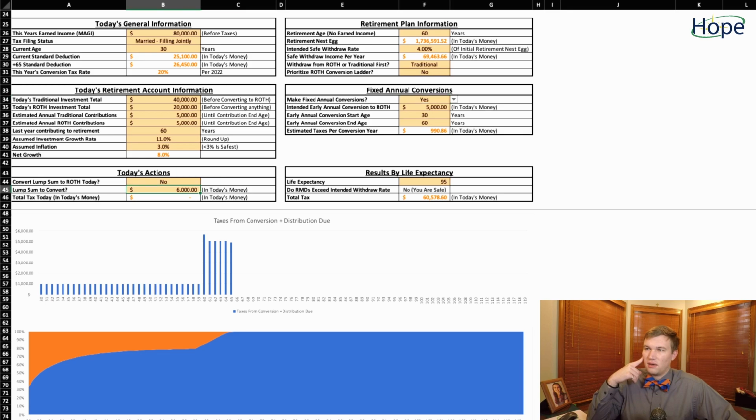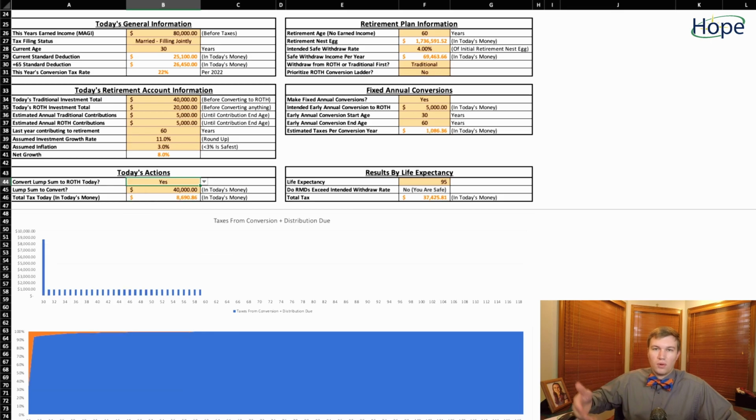And that doesn't include rolling over what they have today. If they were to take all of the money that they have saved up in traditional and roll it all to Roth today and then do an annuity type rollover every year where you take the traditional contributions and move them over, you minimize your overall exposure to taxes to only $37,000. That's crazy. We took it from over $200,000 to under $40,000 in tax exposure on the spreadsheet.